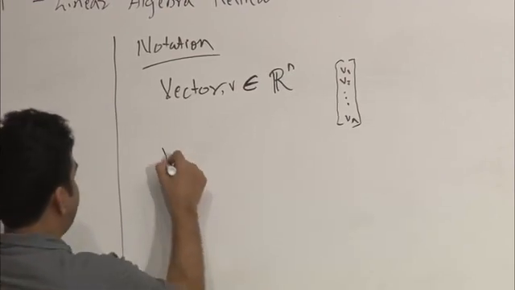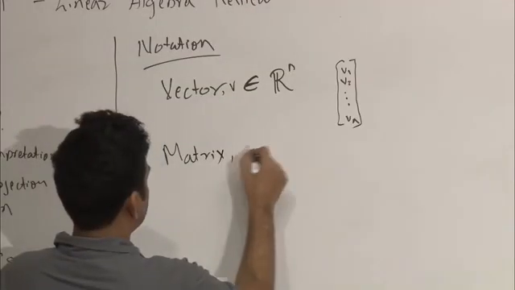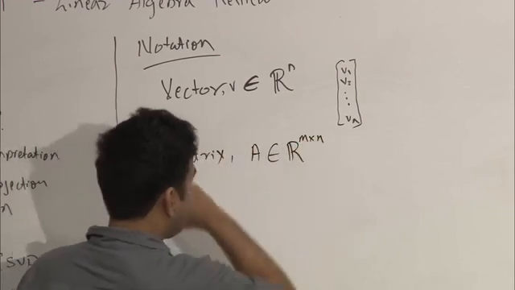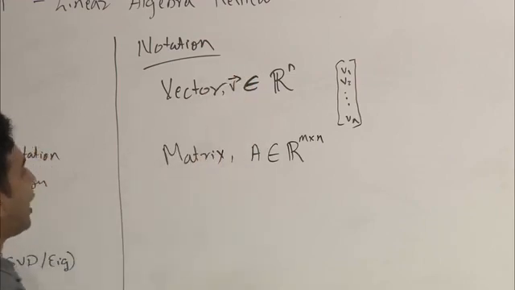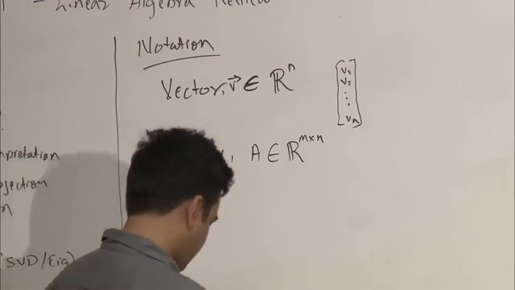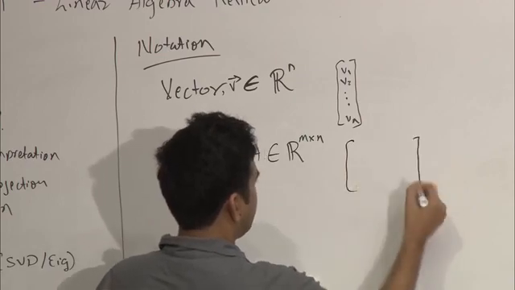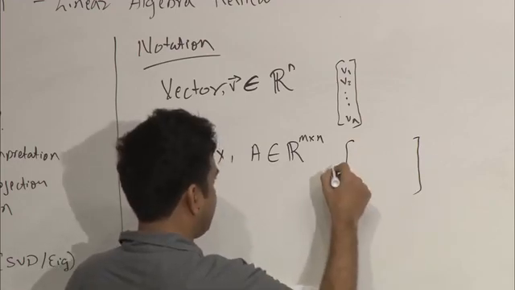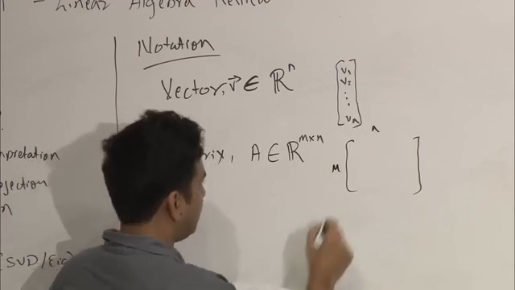You'll also see a matrix. As a general convention, we will use small letters for vectors. Sometimes I may write an arrow over there to indicate that it's a vector. And for a matrix, we generally use capital letters. You can think of a matrix as a two-dimensional collection of vectors which has m rows and n columns. So what does this mean? It means